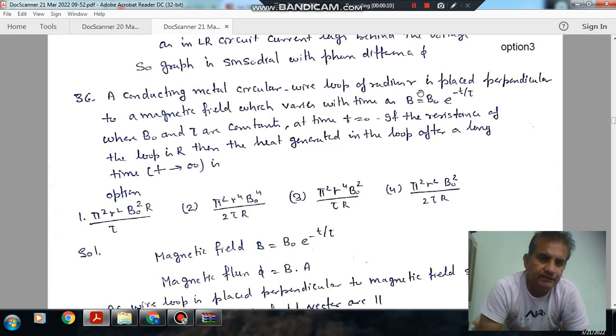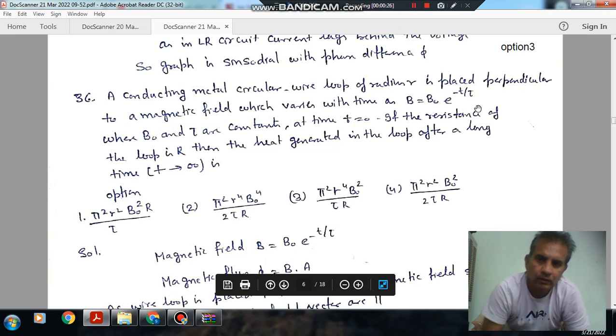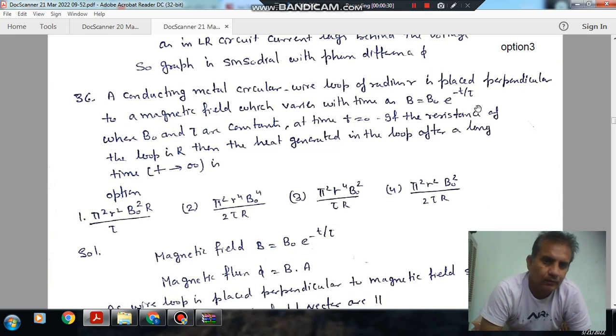Question number 36: a conducting metal circular wire loop of radius r is placed perpendicular to a magnetic field which varies with time as B equals B naught e to the power minus t by tau, where B naught and tau are constants, at time t equals 0. If the resistance of the loop is R,